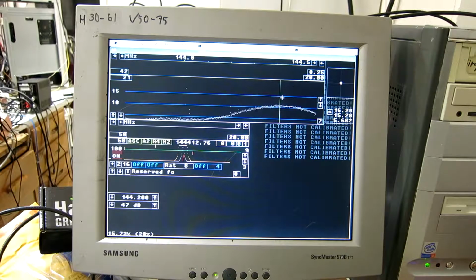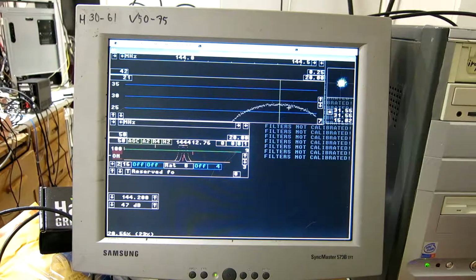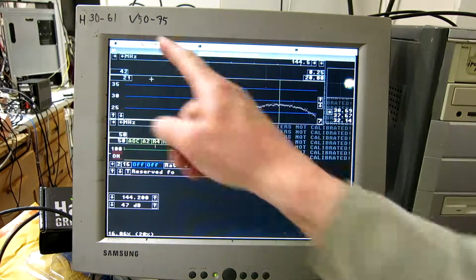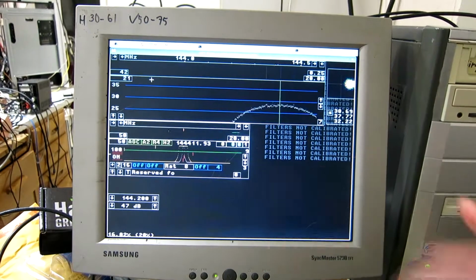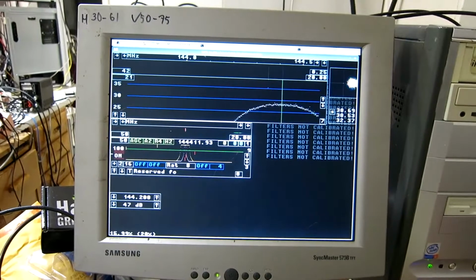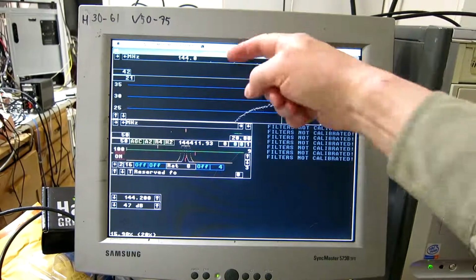And I have to switch on, of course, the preamplifier. I forgot that. So here, and now I don't want to see a very wide spectrum anymore. I'm going for a close range waterfall, so I can click the arrows here to move the spectrum out, but I can also click in the frequency scale up here,